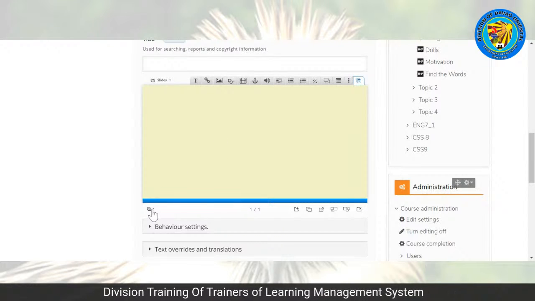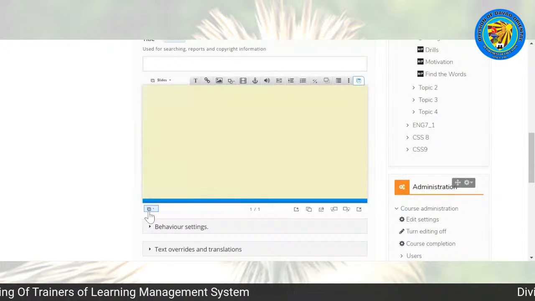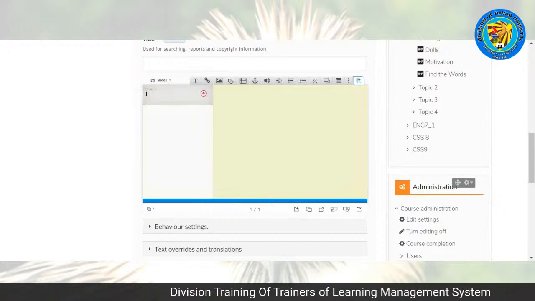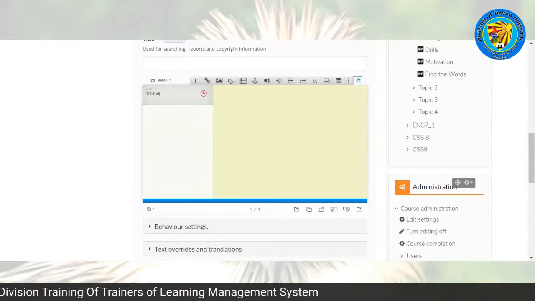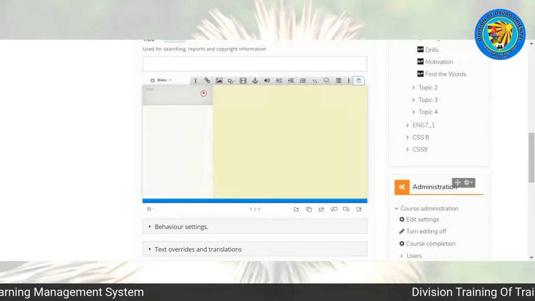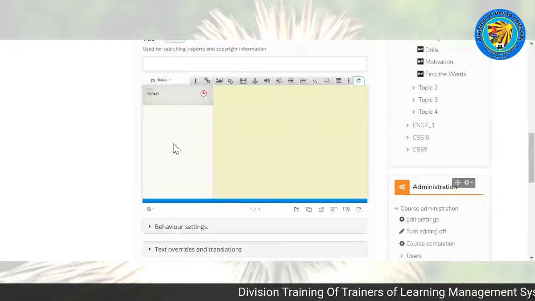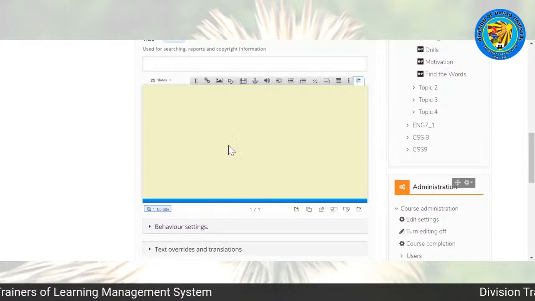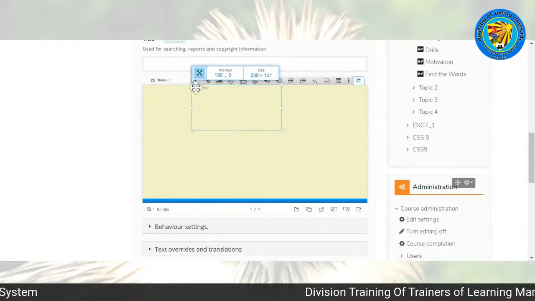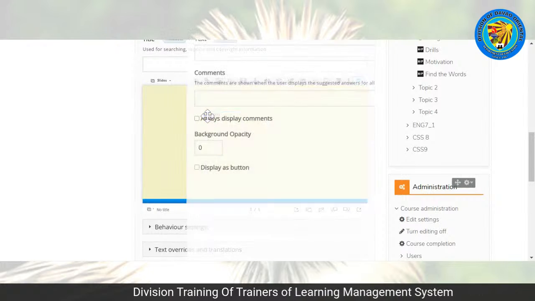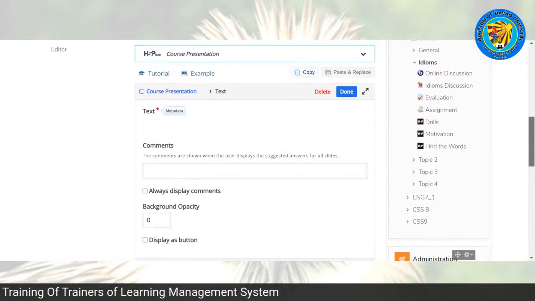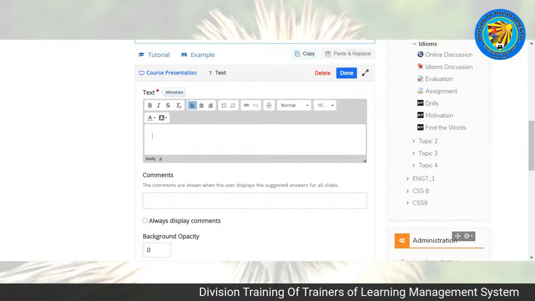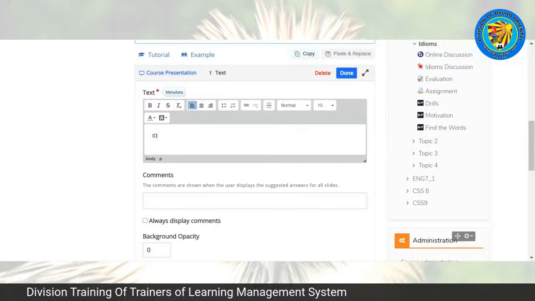Then, palitan natin ng title. So, nandito nakalagay yung mga name ng slides mo. So, palitan natin ng title dito is the title of the presentation. Pwede ding lagay natin idioms na lang para mas klaro. Okay. So, kung gusto mo, maglagay tayo ng text dito. Click mo lang yung text, then drag mo. I-type natin yung gusto mong i-display sa first slide mo. Halimbawa, ilalagay ko lang dito, idiomatic